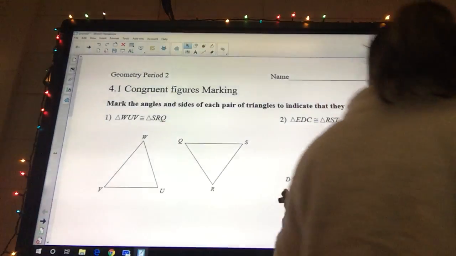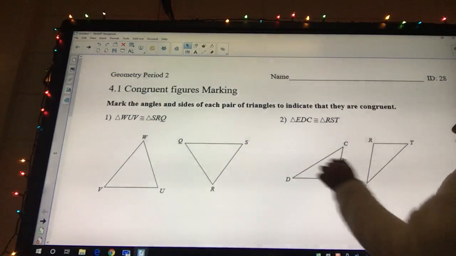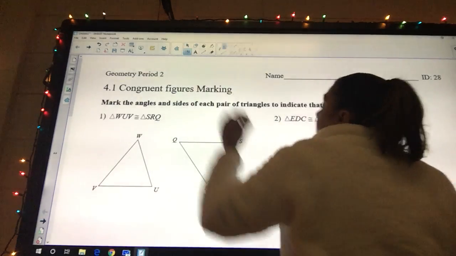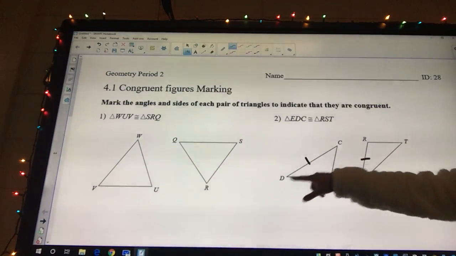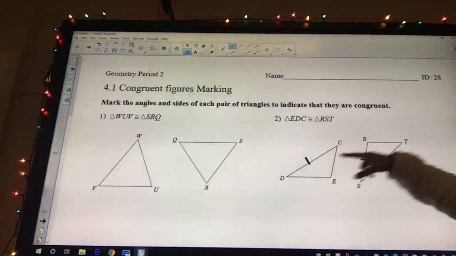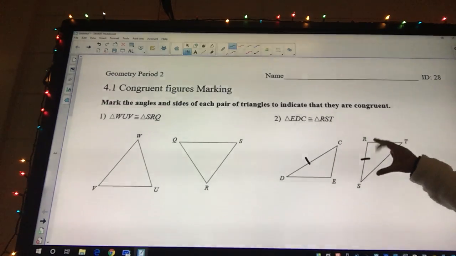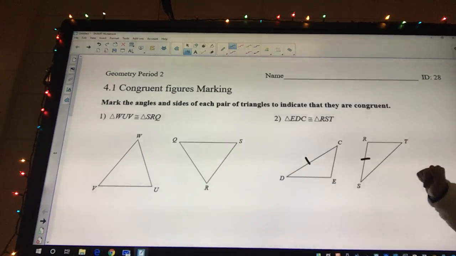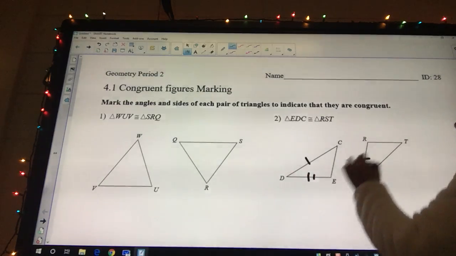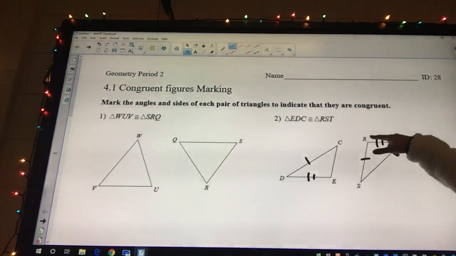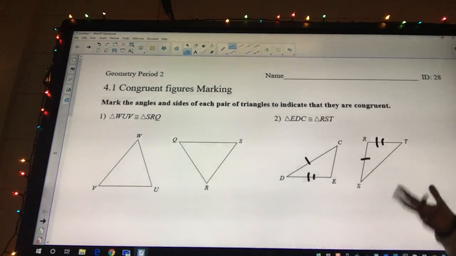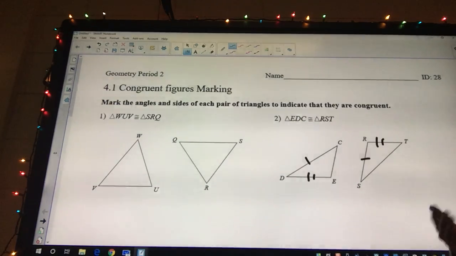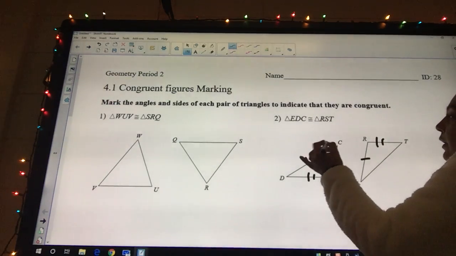Like this, but we saw that maybe this one had 1 marked and this one had 1 marked, and we knew then that DC was equivalent or congruent to RS or SR. Okay, and if this one had 2 and this one had 2, we could say that RT and DE were congruent. Okay, and then on the inside, they had those little angle symbols or those rainbows, and this is not